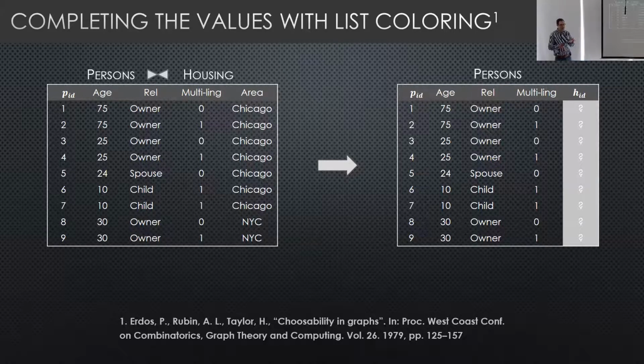We can split the graph, partition it into connected components. Each connected component are only the tuples with the same area value in our example. So this worked in practice. Yeah, we would get huge graphs for large databases, but then we split them into connected components, and this became